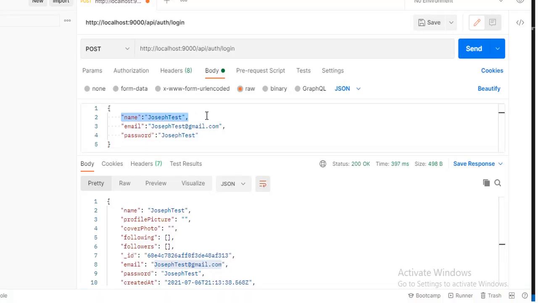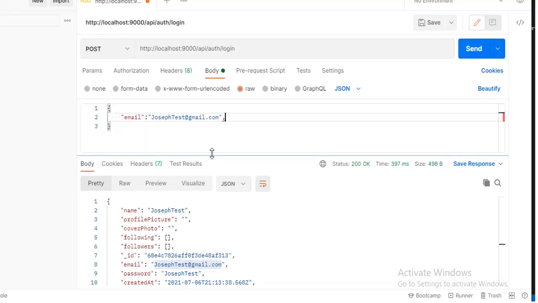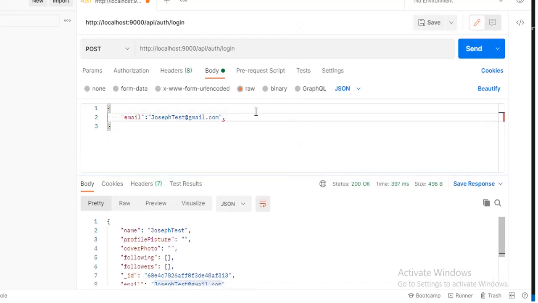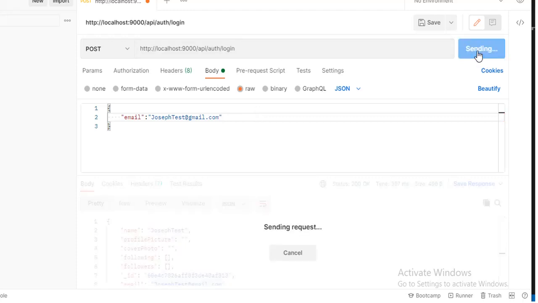We don't need the name to log in. We just need the email for login. Okay, let's try this now. So we have the email. I'm gonna try logging in,